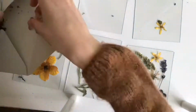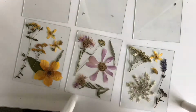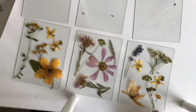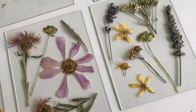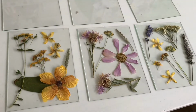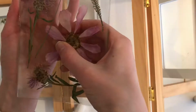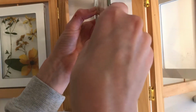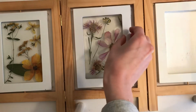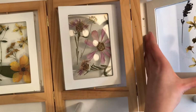I kind of sorted them by color, but also I rearranged them a few times till I just liked how the 3 different frames looked separately and also together. Then I just really quickly glued all of them down, just with some clear elementary glue. Then I put all the glass bits back into the frame, and yeah, that was basically it. It was kind of hard to get them in sometimes because they were a little thicker because of all the flowers, but it worked,